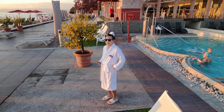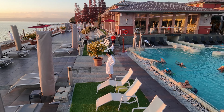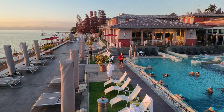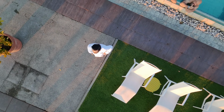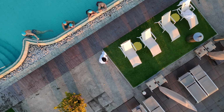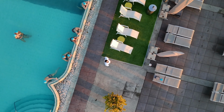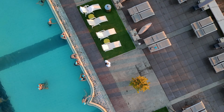Now this town also had these beautiful thermal hot springs from which you could see the lake and the Alps. Now these hot springs were well known even during the Roman times for their healing properties, and boy did they leave our skin feeling baby soft. We'd wished we'd dunked our faces in the water so we could have de-aged a few years during the time